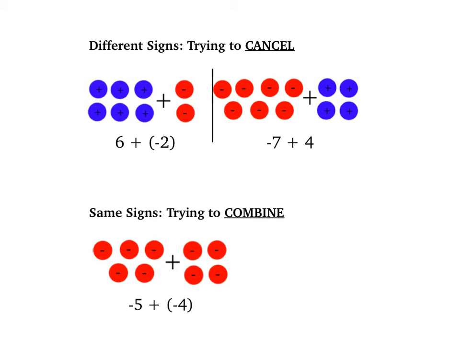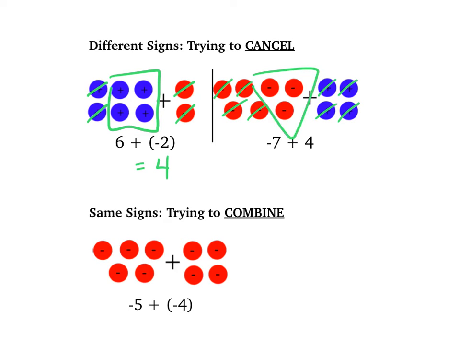So the tricky part comes when we start mixing these up and you have both types of problems. The biggest thing to remember is that when they're different signs, they're trying to cancel. So a positive takes away from a negative, and that happens whenever you have each sign. So something like 6 plus negative 2 would cancel out and leave me with positive 4. Something like negative 7 plus 4 would cancel out those negatives and positives and would leave me here with a